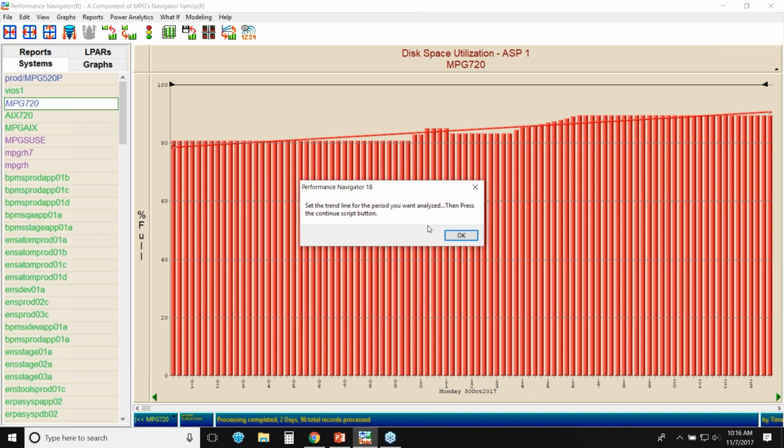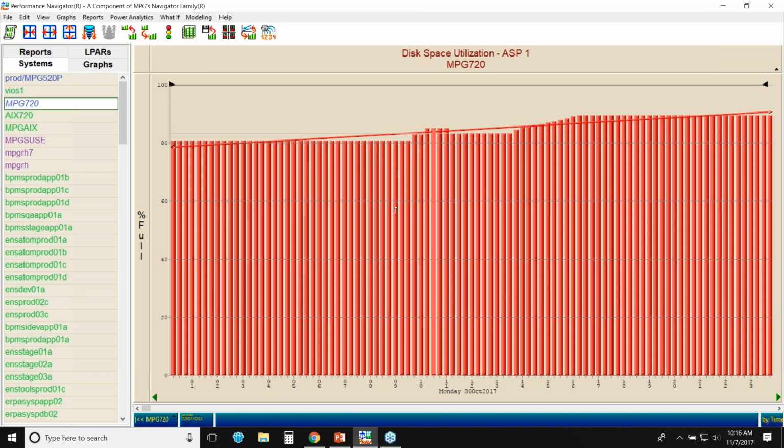So now it says set the trend line for the period you want to analyze. There's a couple ways you can do it. I drag the trend line here, and then I'll go over and bring it back here, or you can do stop start trends. But right there, once you put the trend line for the area you want to analyze, you notice we're in